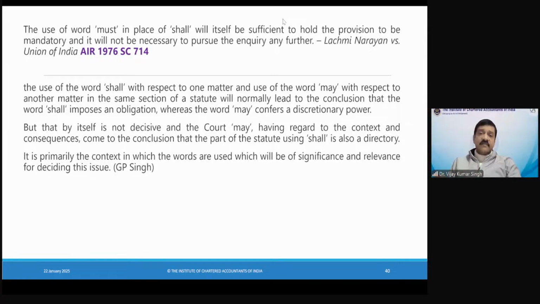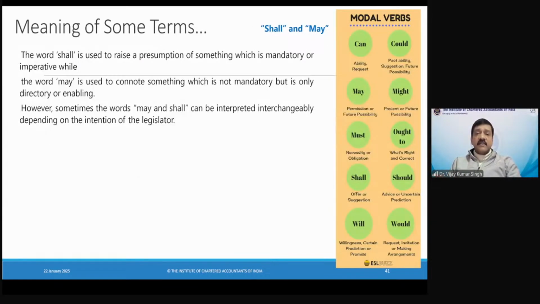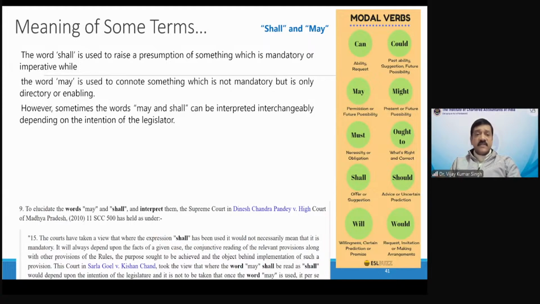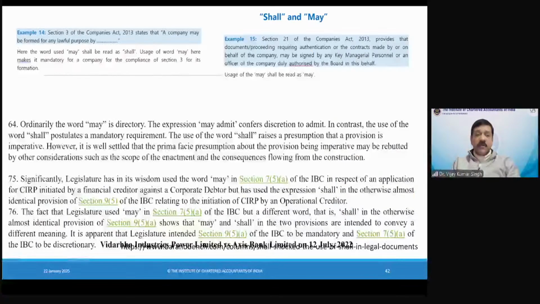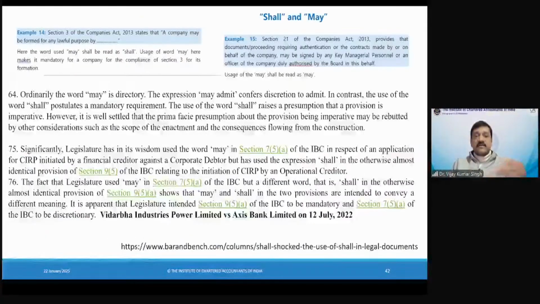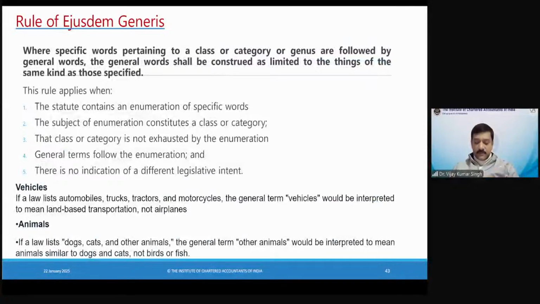And I dealt with this particular provision when I was teaching you the General Clauses Act. I request you people to again look at the General Clauses Act for that purpose. So these are the things which we have already discussed before, right? Now, let us talk about the subsidiary rules, or this is part of the preliminary rules in your case, but this is the rule of Ejusdem generis.